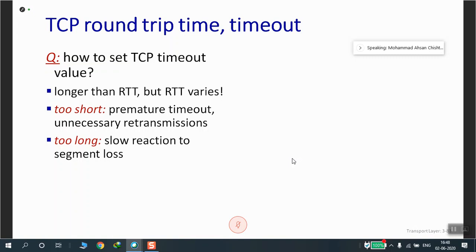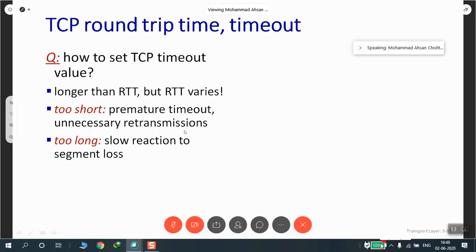And the TCP timeout should not be that large either, that you keep on waiting and waiting till an acknowledgement comes. The packet has already been lost, but you're still waiting for it. That wastes time. So we would require that the timeout is set. It's an important thing. Keep this in mind.